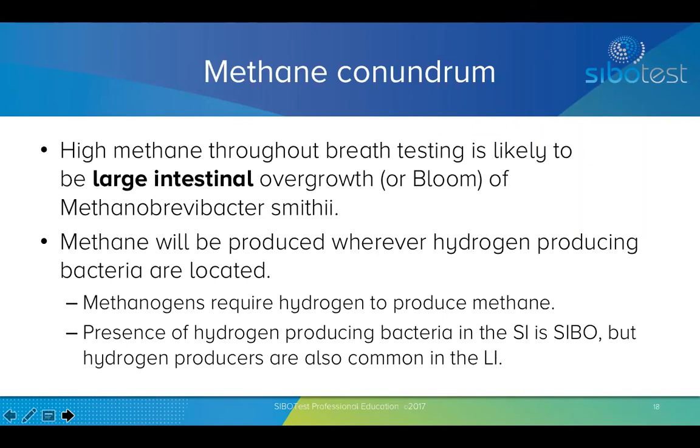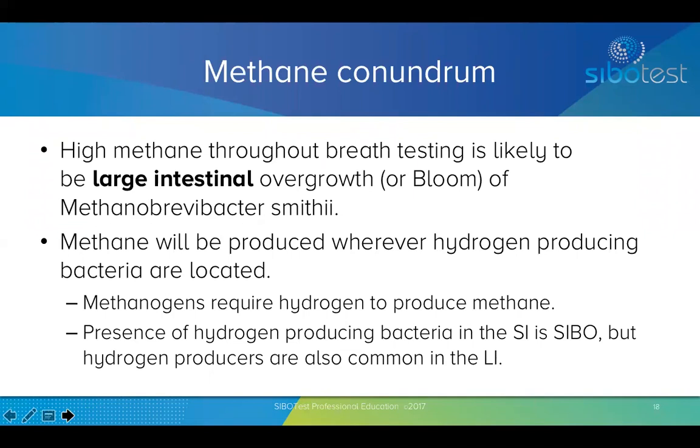Because you can have a rise of methane, as we just saw in the previous test result, which indicates that hydrogen-producing bacteria were also there in order to feed that hydrogen to methane. So SIBO that's positive on a methane or methane rise really does mean that there are hydrogen-producing bacteria in the small intestine as well. But when we see a methane level that stays high throughout the entire test and never